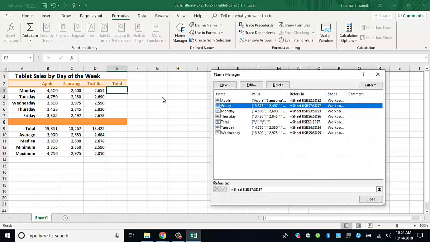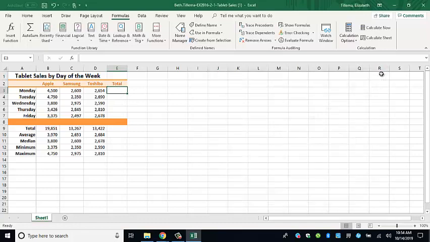So now I can see I've got the names of my products as Apple. I've got each of the days of the week, and then I've got total here. So now I've got these named ranges. Now it tells me I want to use the sum function and total all of the ranges by the days of the week. So I'm going to go into total here for Monday, which is E3, and I am going